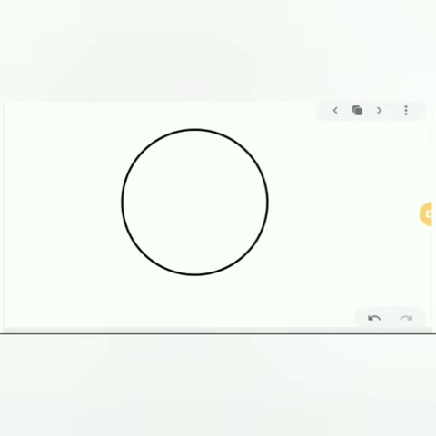So how will we do it? Here we will take 3 points. Let me take one point as A, another point as B, and a third point C on the circle. After taking all these points, first I will join AB. If I am joining AB and finding the perpendicular bisector of it, how will it look?